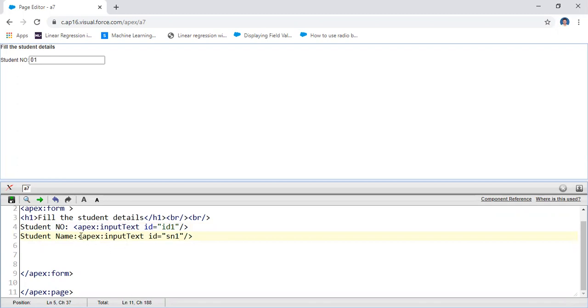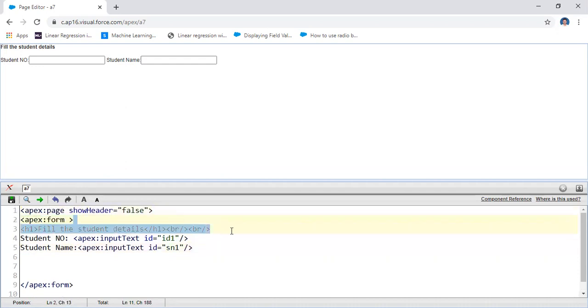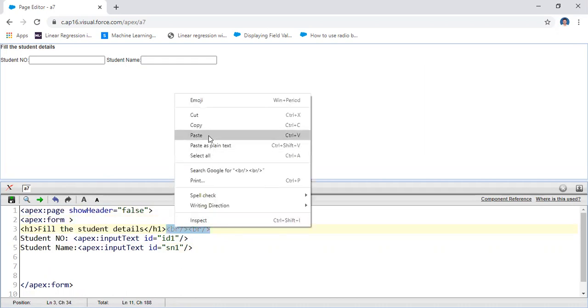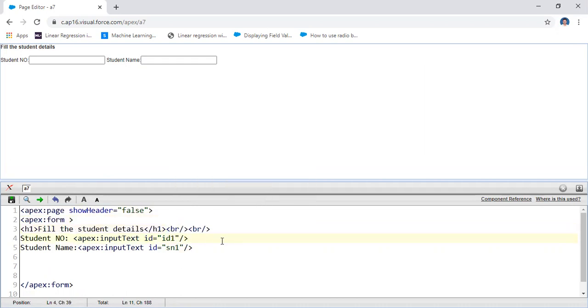The text field here is a student name. If you execute this one, the second one, fill the form here, next field. That's why I am taking the break. If you want to get the next field, you will take the break here. If you execute this one, after student number it displays the student name.